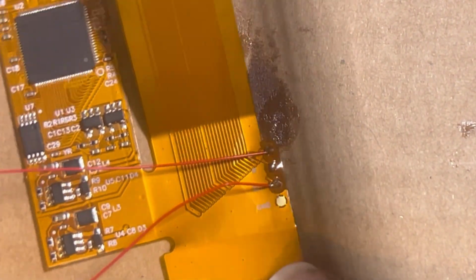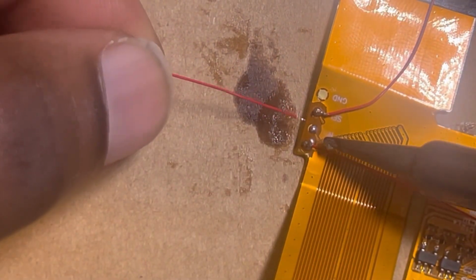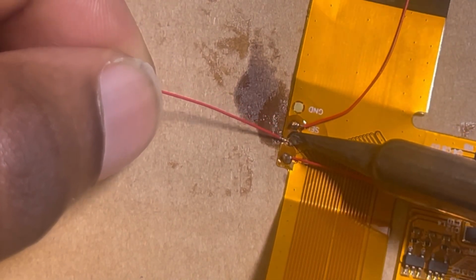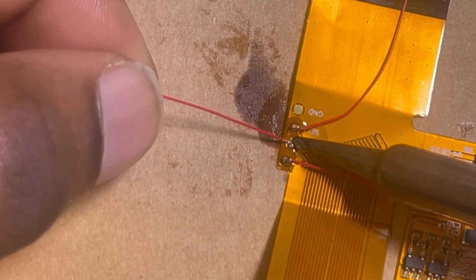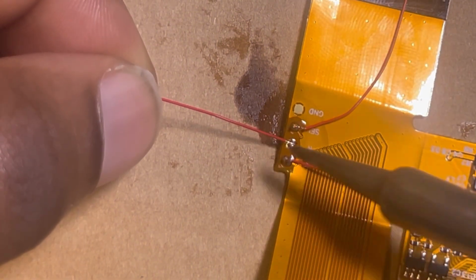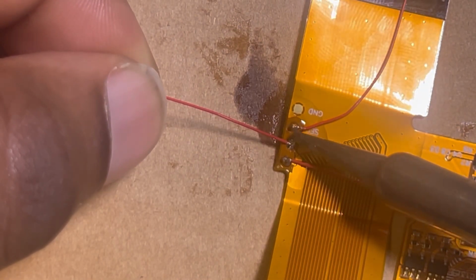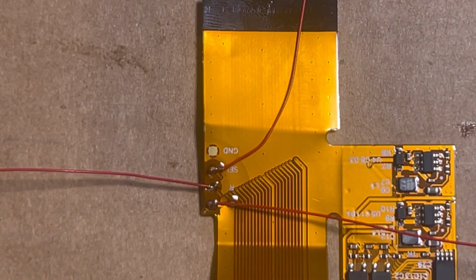Good tug, firm tug, that'll let you know it's done. And then the middle one, which is, if I'm not mistaken, the right one, yeah, it's the right one, needs to face to the left. It'll just make it easier when you do it this way later down the road. Okay, cool, boom, just like that. So now,